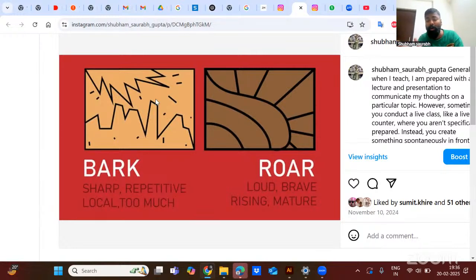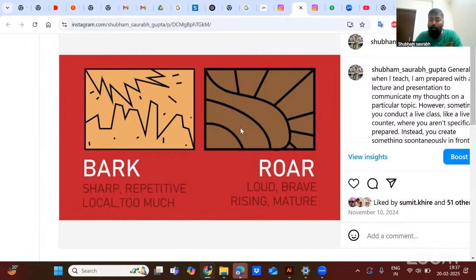But at the same time, let's see roar. And because it's a little shrill also, see the stroke size. This black stroke is a little thin, but here in roar it is thick, it's bold because the roar is bold. Then you see these lines. It's like a sunrise. The roar is rising, it rises. So you see these lines as well. And because roar is heavy, the compartments and the divisions are bigger. And because roar is heavy, you see the color is also darker. It's like dark brown. So this is how we try to represent